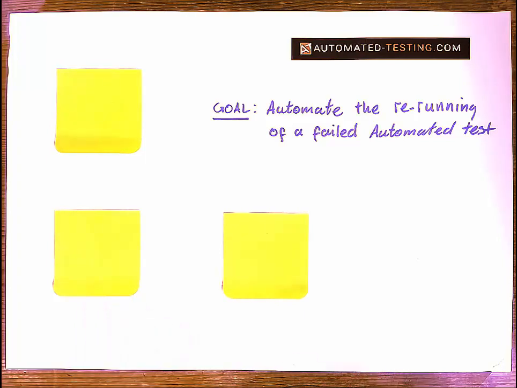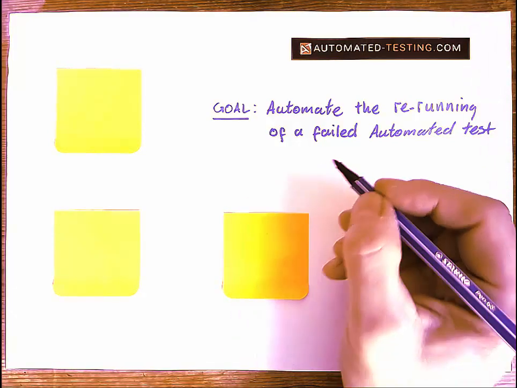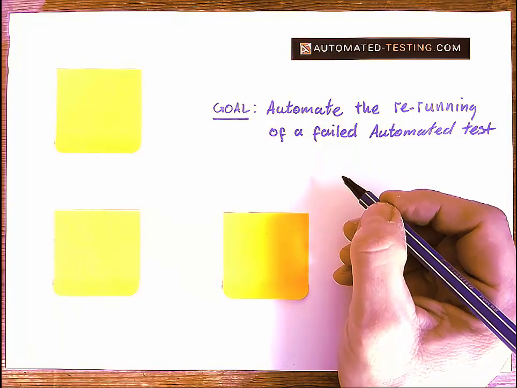Jenkins mini course module 4. The goal of this particular module is to automate the process of rerunning a failed automated test with Jenkins. We're going to install the conditional build step plugin, and that will allow us to configure a Jenkins job that